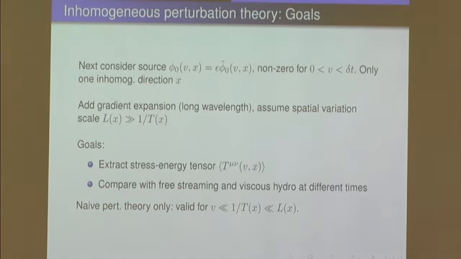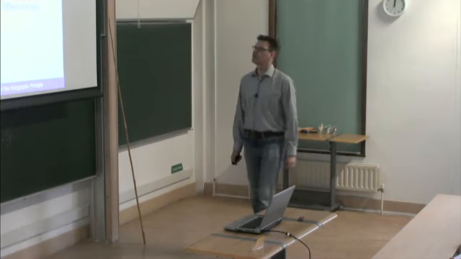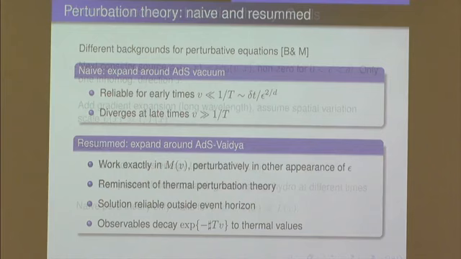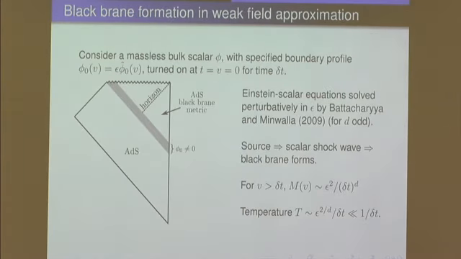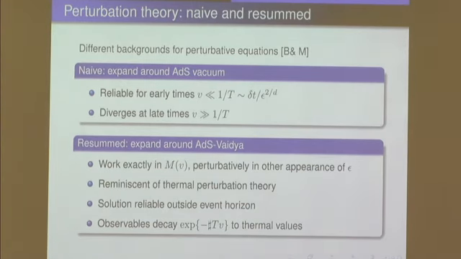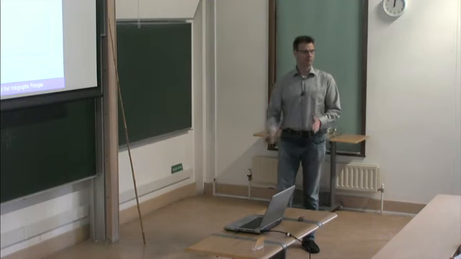So now I want to come to what's new. It's basically just an inhomogeneous variant of the calculation of Bhattacharya and Minwalla. By the way, one thing that I should say is that life is easy if you take D, the space dimensionality, to be odd. In particular, they obtained explicit solutions for D equals 3, meaning that the boundary is 2 plus 1 dimensional.